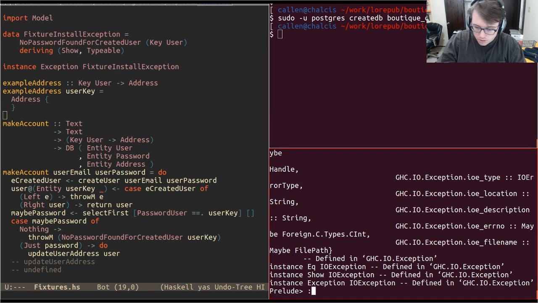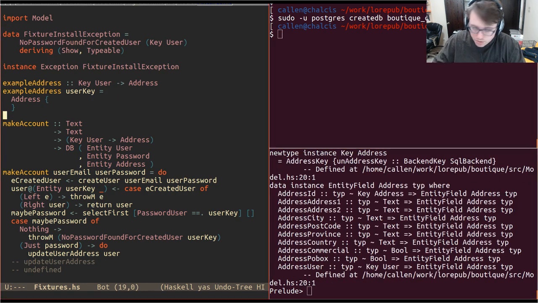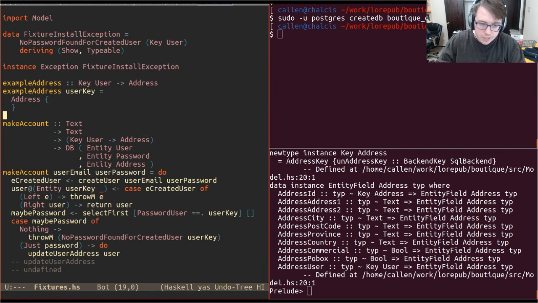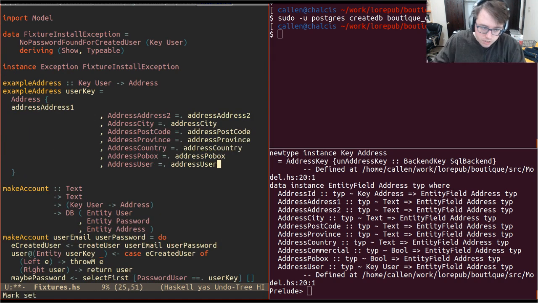So info address. Can I reuse the things from here? Answer, not really. I mean, I could chop them up. Yeah, just chop them up. Alright, so